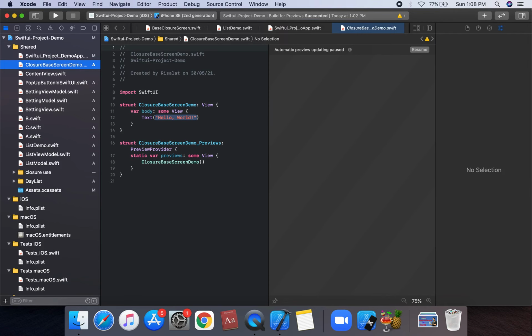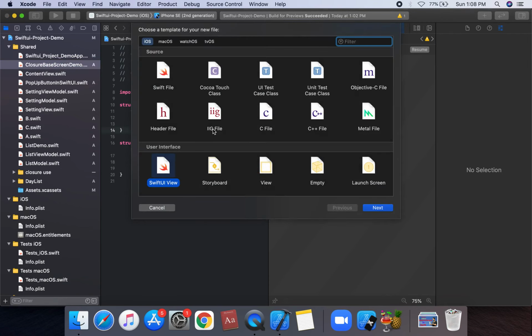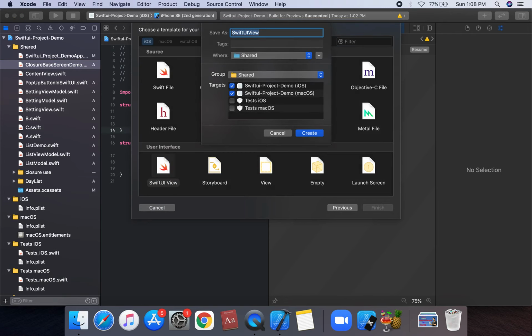Closure uses two classes, so we create another SwiftUI view as well.